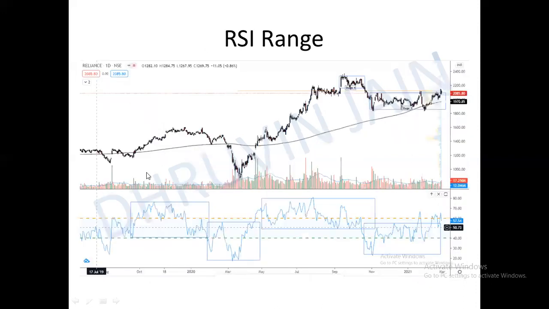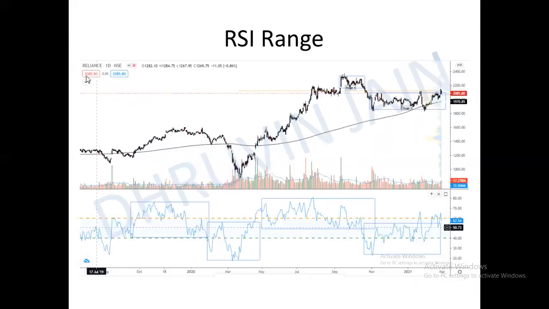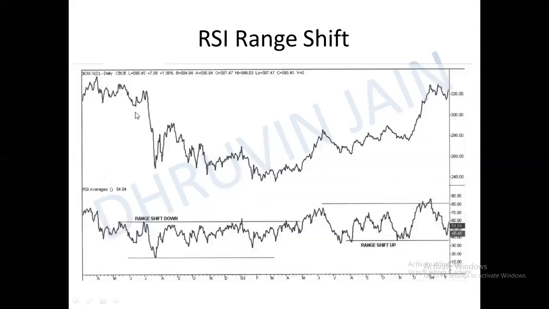Now you will see that this is the daily chart of something, I don't know, oil or something. I guess this is an example of US markets charts. Price was moving in a structure of lower highs and lower lows. That's why RSI was in a range of 60-20.